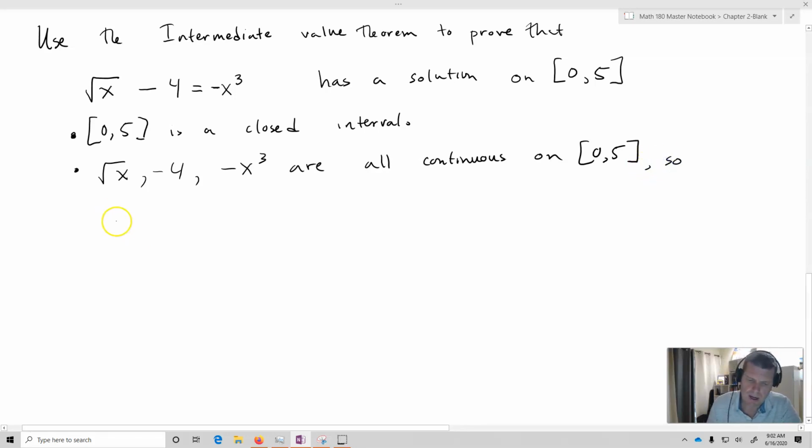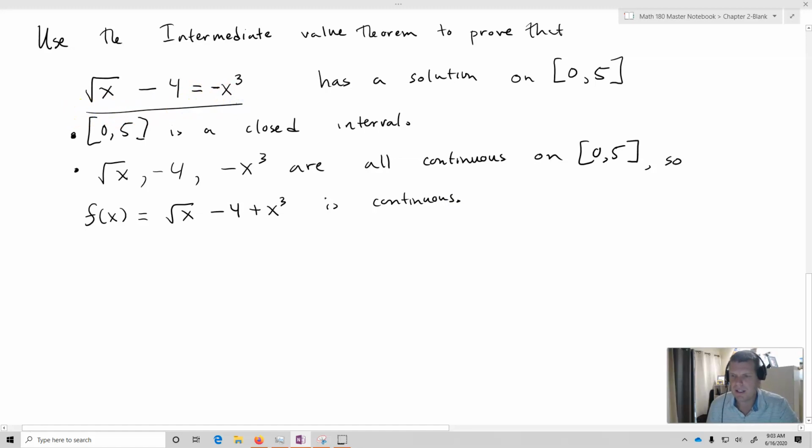So what we get here is we're going to define this function f of x equal to the square root of x minus 4 plus x cubed, which is continuous. What I've done is I basically turned this whole thing into a function by moving over the x cubed. Now, I want you to notice something. I did this because